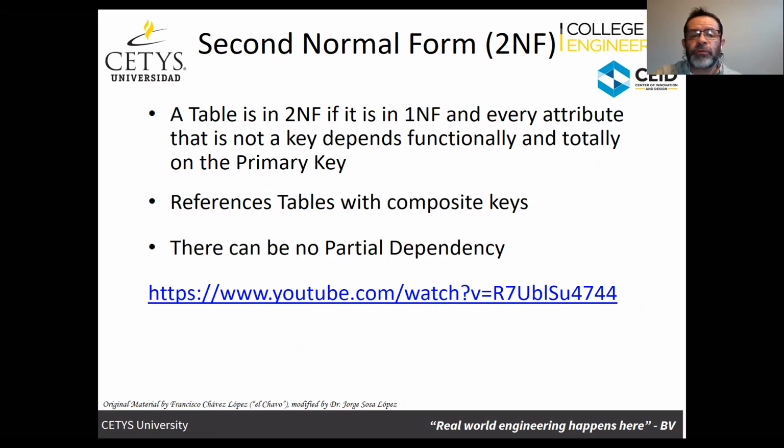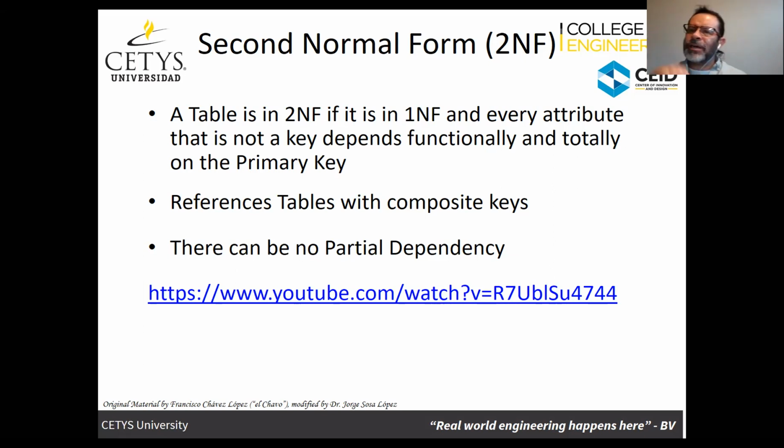Once it's in first normal form, we need to verify that every attribute that is not a key depends functionally and totally on the primary key. That means that an attribute or a field cannot depend on anything else that is not the primary key. If the dependency is from the primary key and another attribute, that's what's called a partial dependency. And we can't have that because that can generate problems and